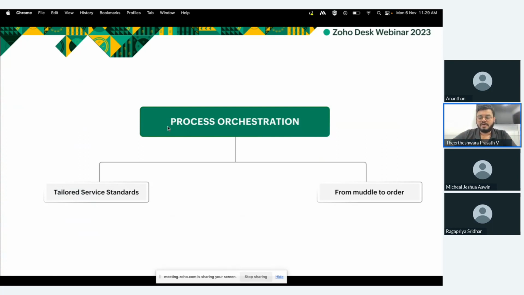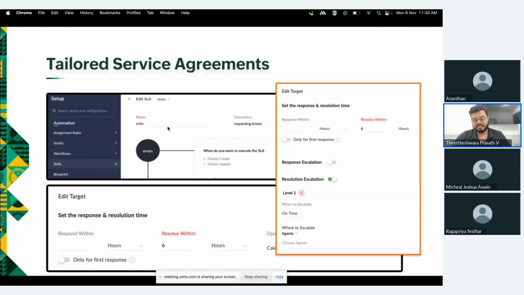can be filtered through the agent automation methods, so that your agents can be streamlined and also given an organizational structure so that they do not violate any of the processes configured by the admin level. This comes with the help of two other specific options, which are the SLAs and the blueprint automation. Let's take a moment to look at the SLAs that we have offered in the automation